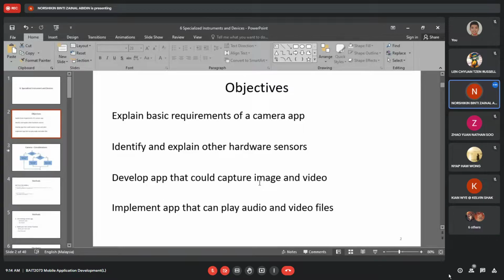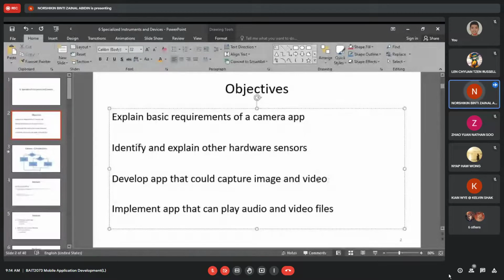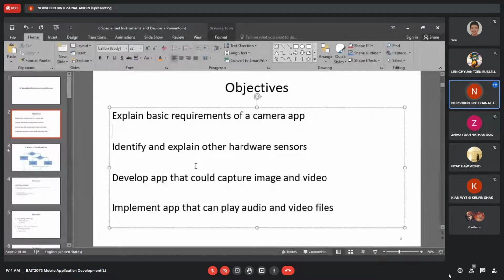How to capture two things, image and video. Of course, you need to implement the camera in your device. Next is an app that can play audio and play video files. So these are the objectives of this chapter.